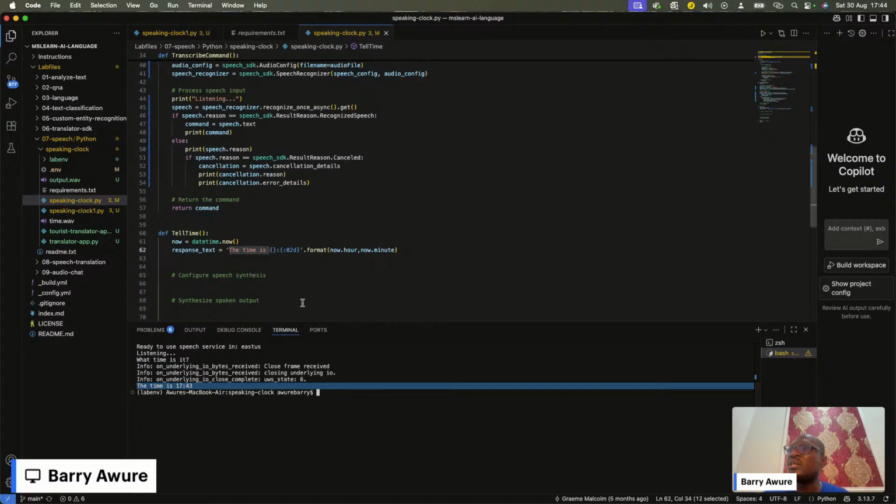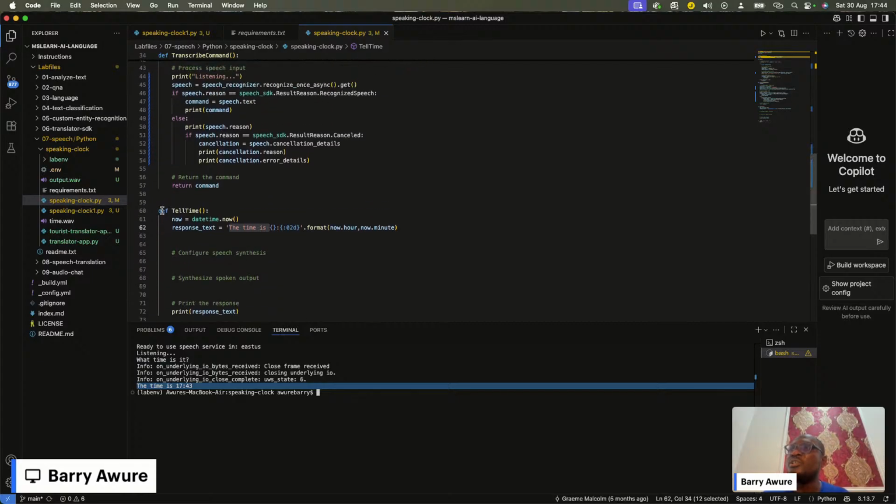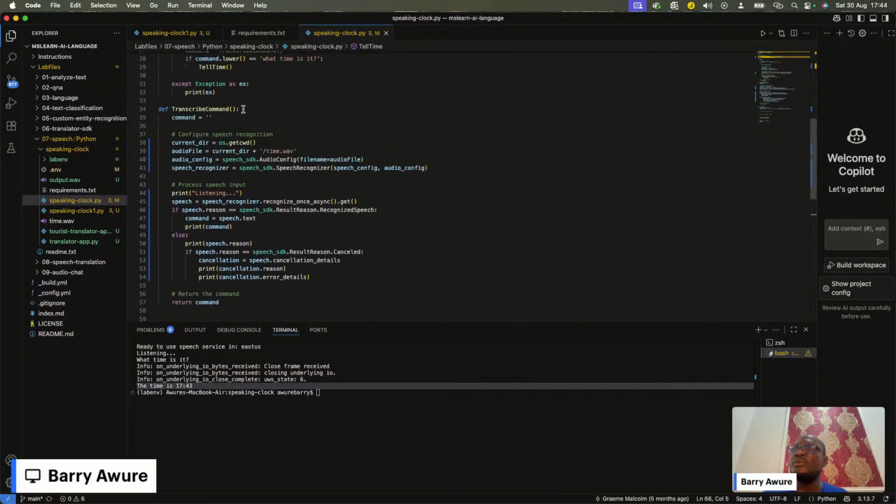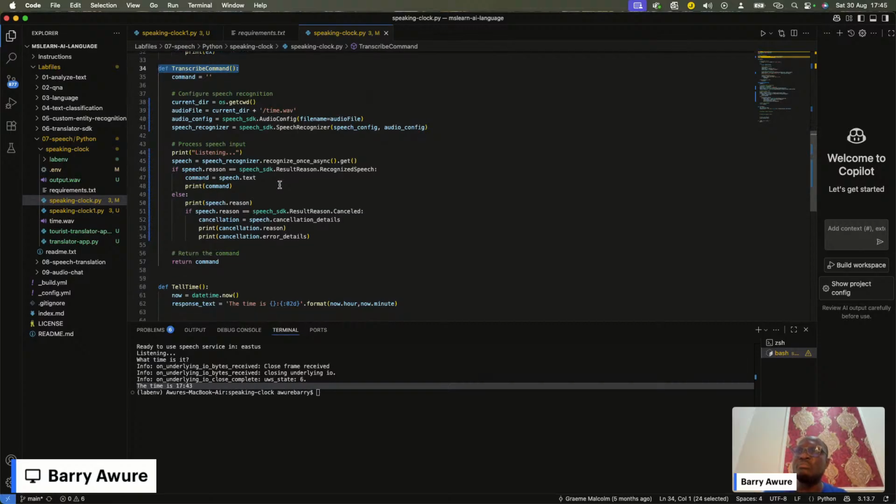So we need to go further into a new function, and that is the tell time function. The tell time function is what gives our speaking clock the voice that it needs. Initially, we have a transcribe command, which gives us the ability to interact with the speech service to ask for the time.